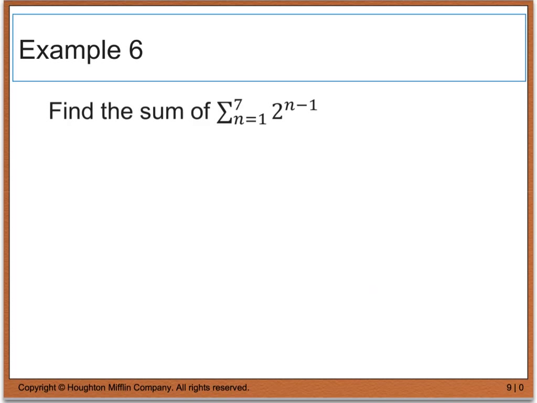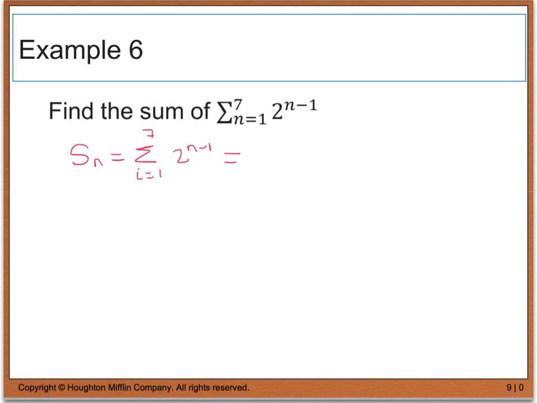So let's go ahead and look at example 6. Remember, this is part 2. It says, find the sum of 2 raised to the n minus 1, starting at the first term and going up to the 7th term. So if you recall, the formula says that in order to find the sum of n terms, where i equals 1 to 7 of 2 to the n minus 1,